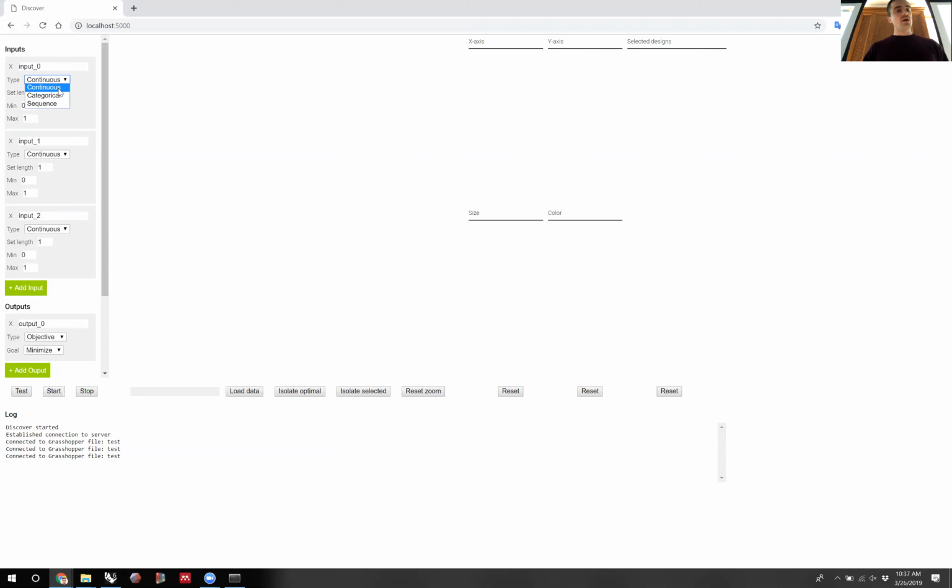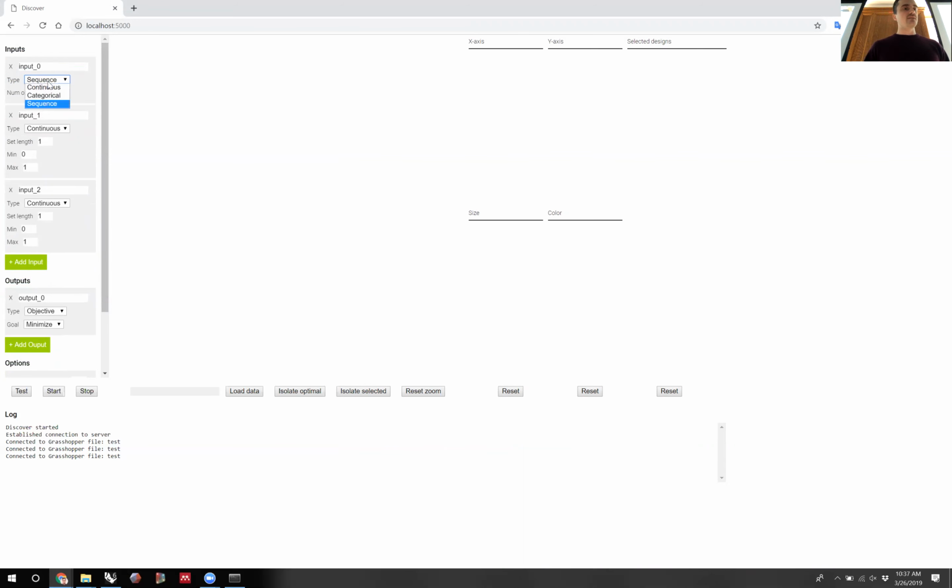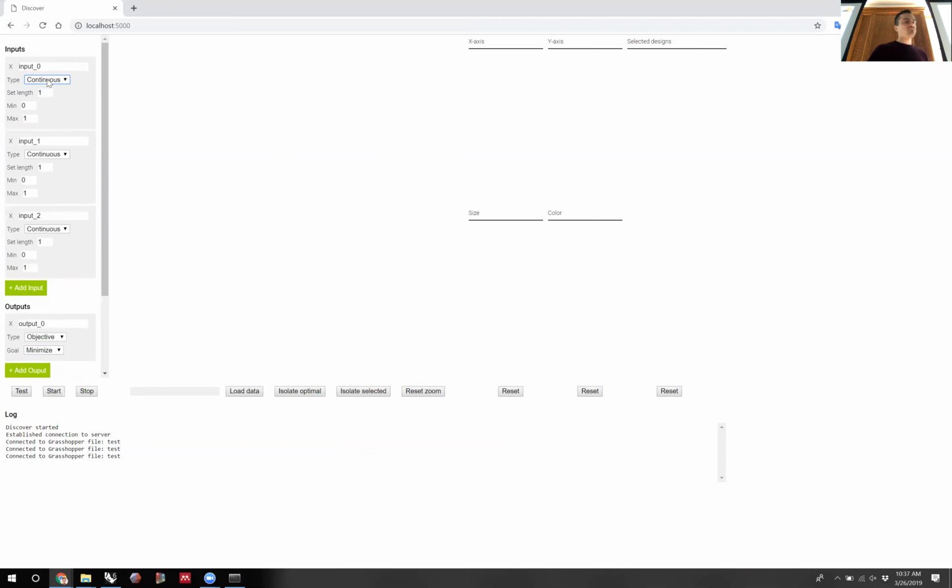Pretty simple. And depending on which one you choose, there's some sub options that you can select. Okay, so let's go over it very quickly. With the continuous and categorical inputs, you can actually create sets of inputs very quickly. This is also very important, that if you have 100 continuous input parameters, let's say you just want 100 inputs